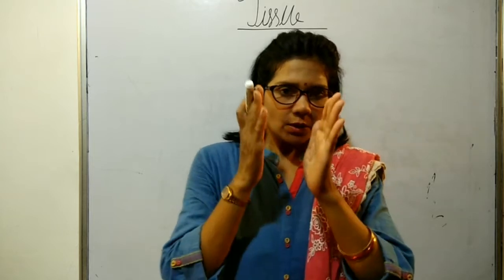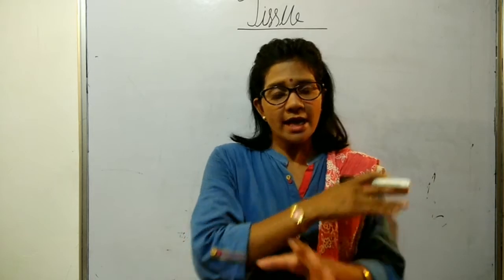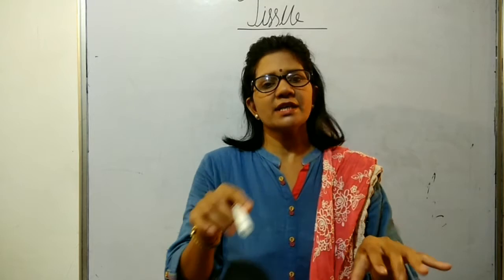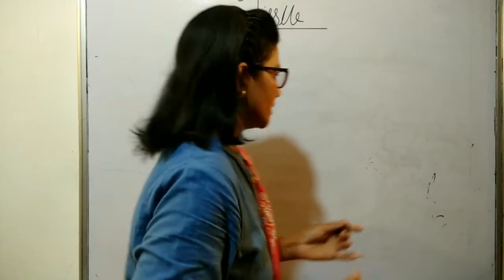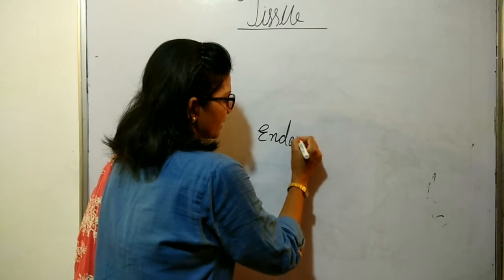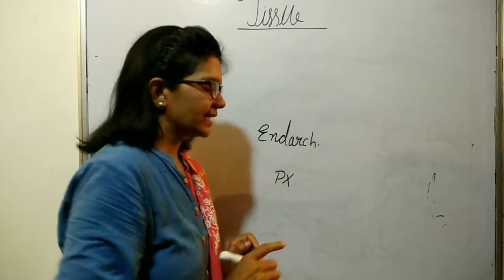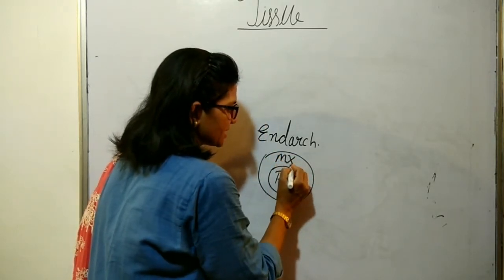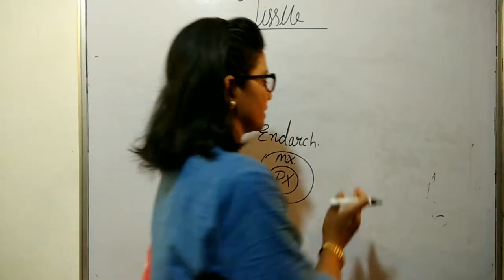Okay, so on the basis of the position of protoxylem or metaxylem in the conducting system, which is usually present in a circular form, there are two conditions. The first one is endarch, in which the protoxylem lies at the center and metaxylem faces the periphery. This position is known as the endarch position.